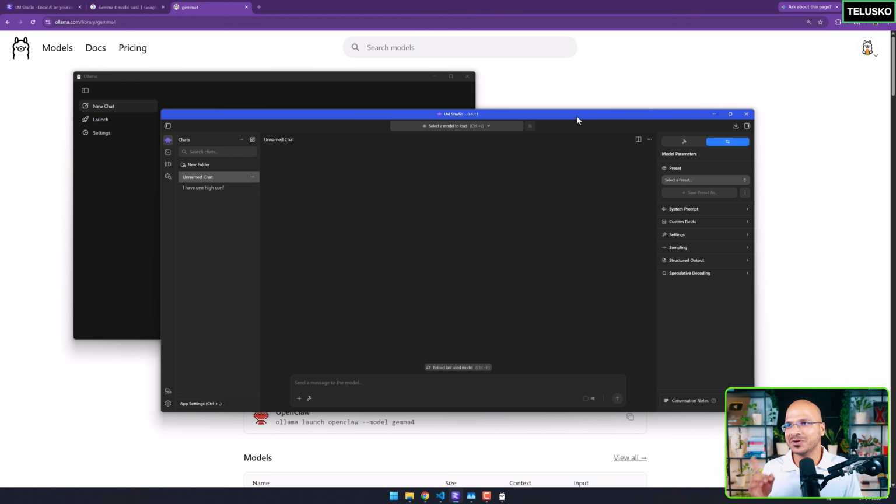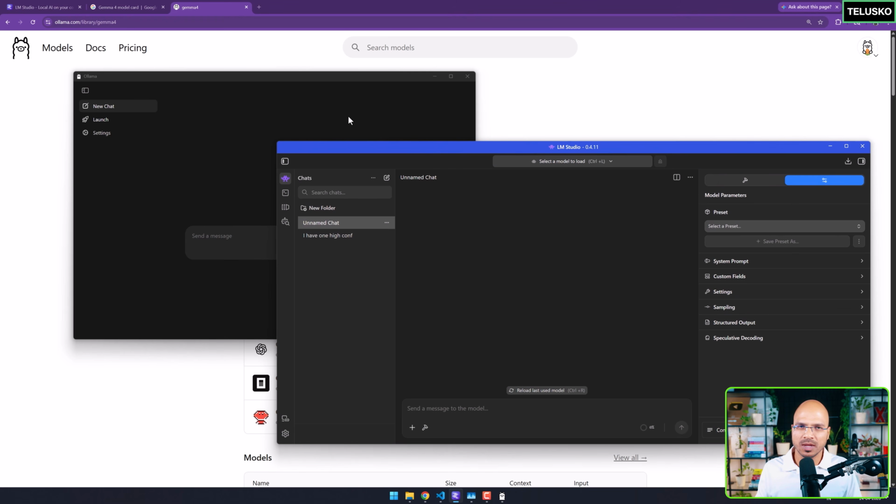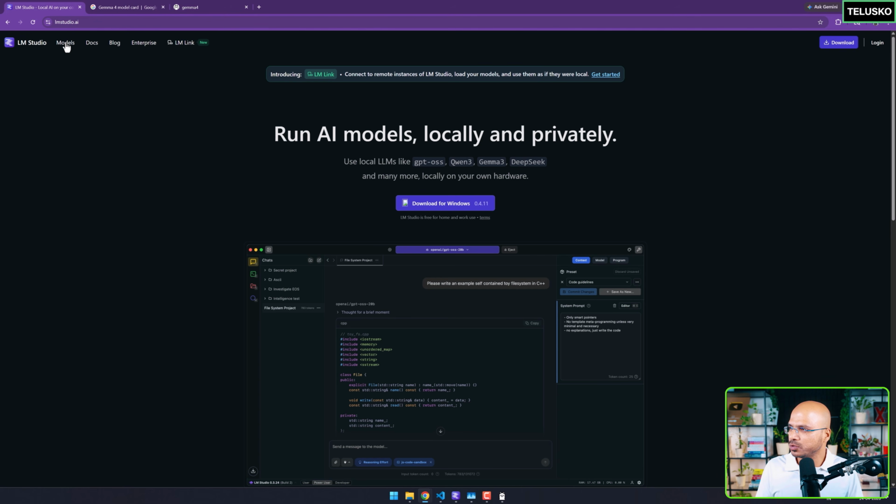Personally, I should prefer Ollama because I'm a big fan of open source, but I wanted a few features and I found LM Studio better in that. Now, there are two options. You can use Ollama or you can use LM Studio, and I will show you where you have to go to. So you can go to lmstudio.ai